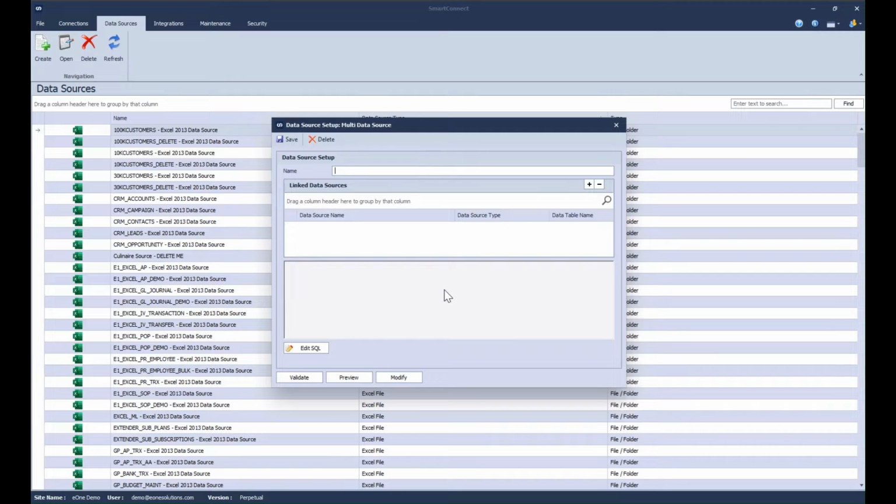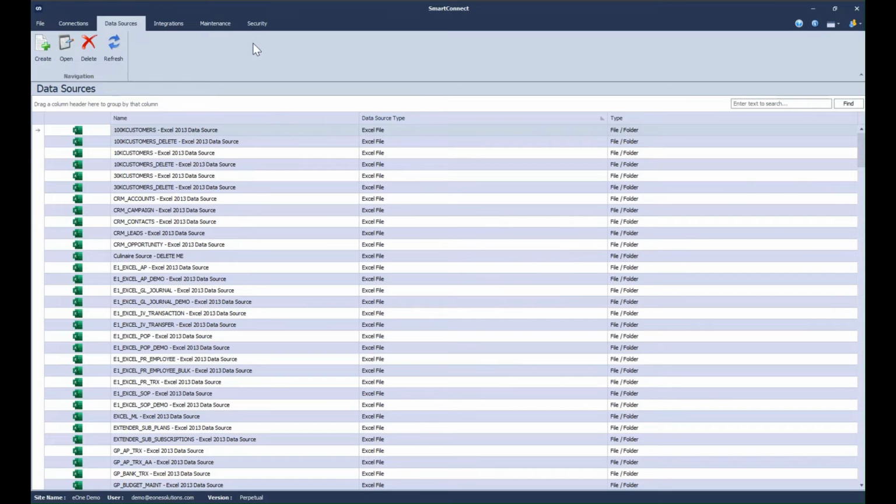in my source or in my target. A lot of times with the REST API, for example, all it can tell me is all of the orders that got processed today, but it can't tell me if I've already entered those orders into my ERP. So I'll create a multi-data source. I will left join my new orders from my online store with my ERP sales orders, and I will select only the ones that don't currently exist. To give you an example of what one of those looked like,